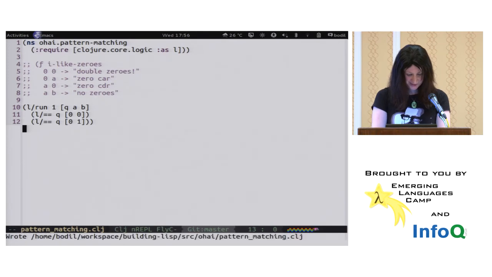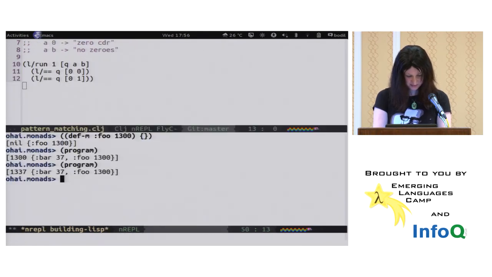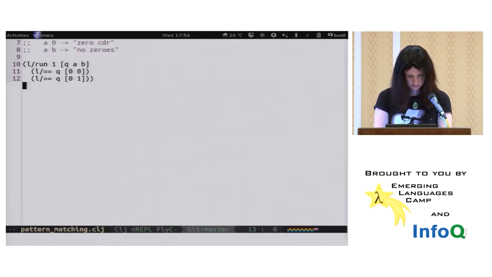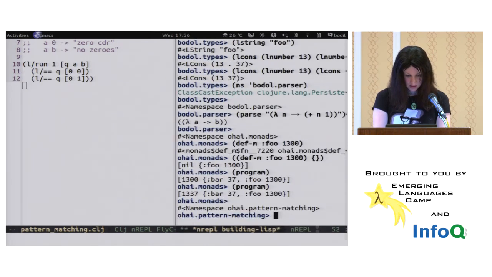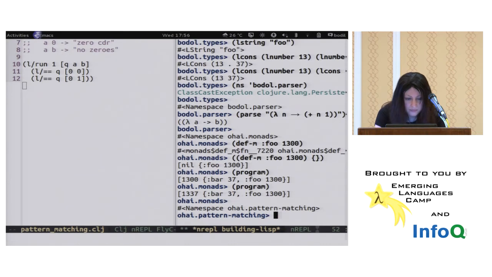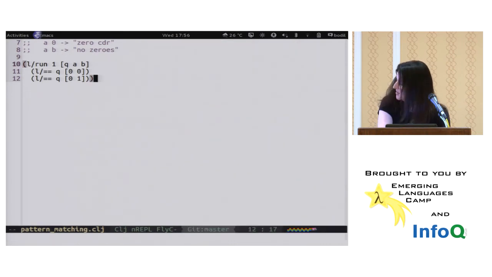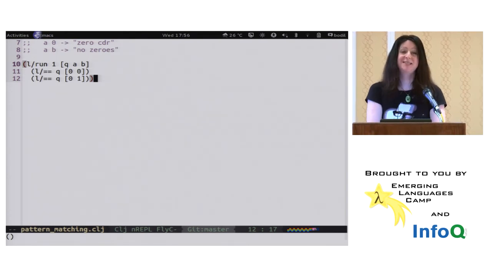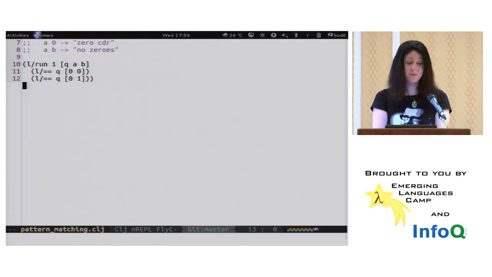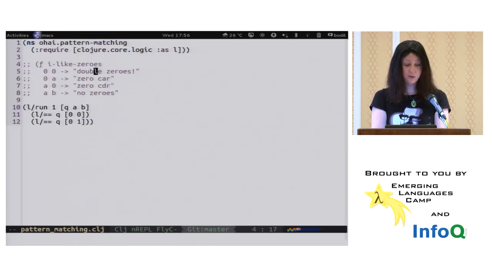So is this going to work, I wonder? Oops. Oh yeah, that's how I did that. Can you actually see the result at the bottom? In the back? It returns an empty result, so that means the match failed,